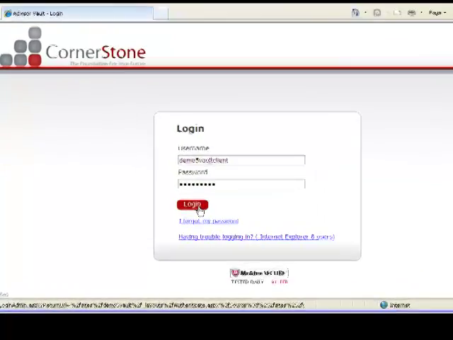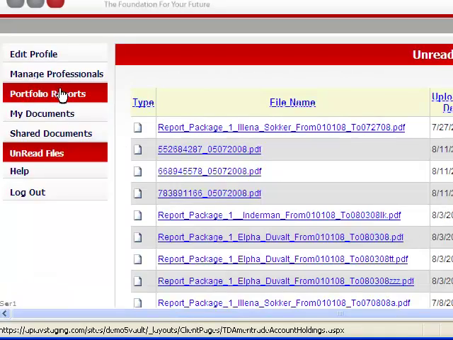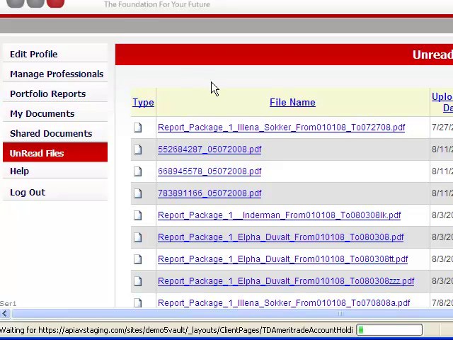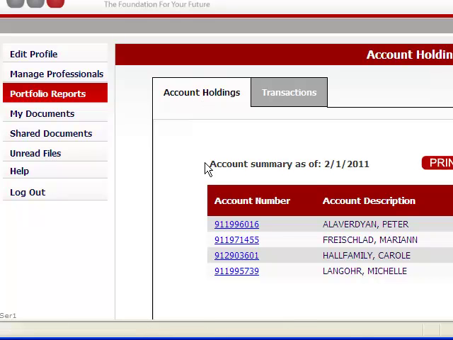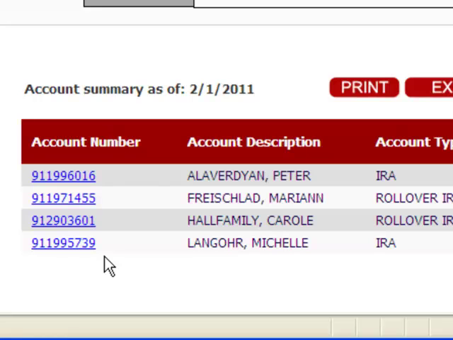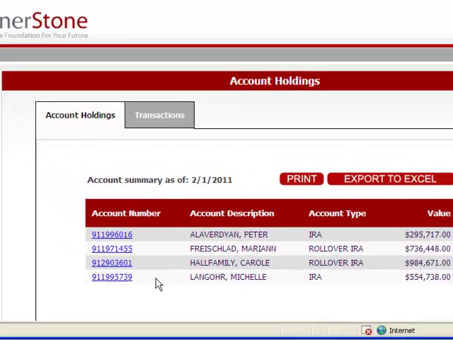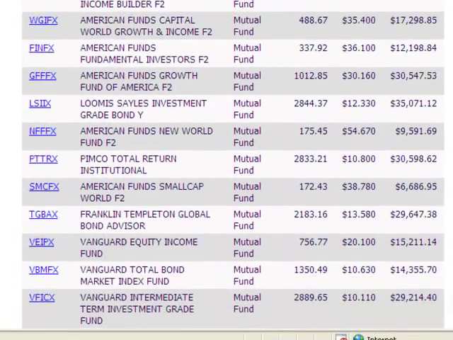The client logs into AdvisorVault to view the TD Ameritrade reports, clicks on Portfolio Reports, and the first report they're going to see is an account holdings report. Here is a list of the accounts that they currently have in TD Ameritrade. And by clicking on one of the reports, we can see the account holdings, the securities that are held in